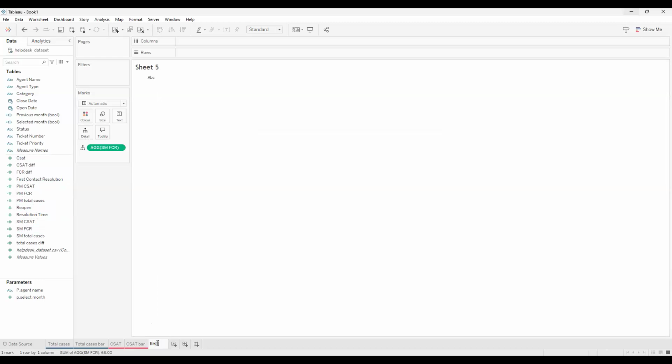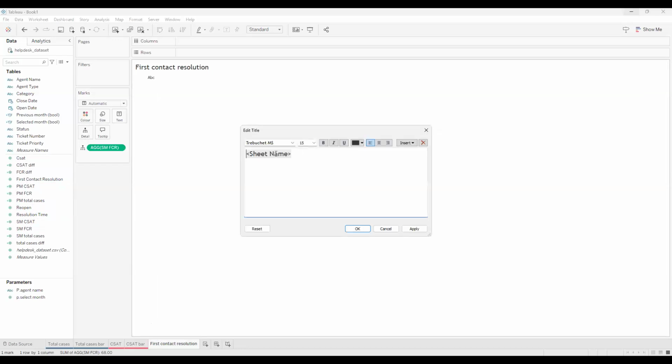Okay, first contact resolution. Okay, so we can throw in this. I want this to be 10. Don't worry, we can always come back to the formatting. So this is going to be